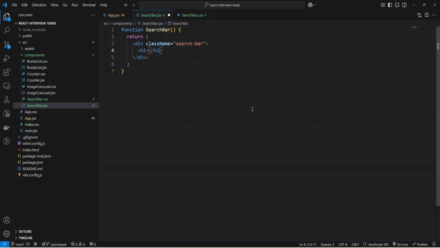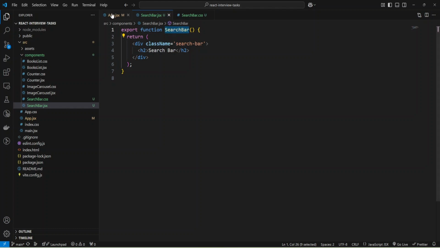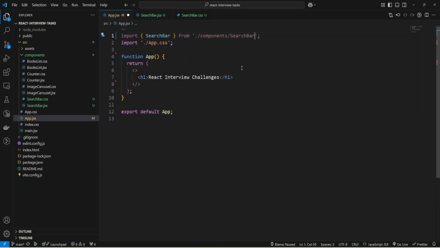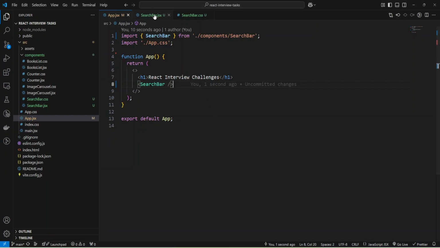And now I can add an h2 tag and provide search bar, and okay, now I can export my component, and inside App.jsx I can import my SearchBar and add it here. Okay, and let's check what I have so far. And we have our search bar h2 header, and let's add the functionality.